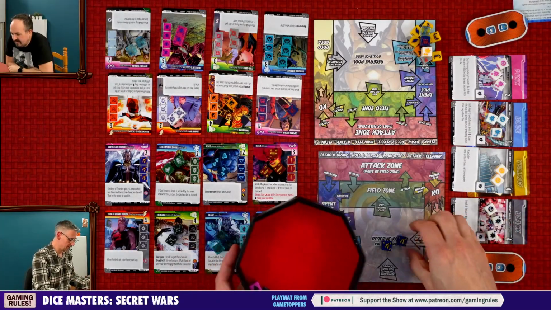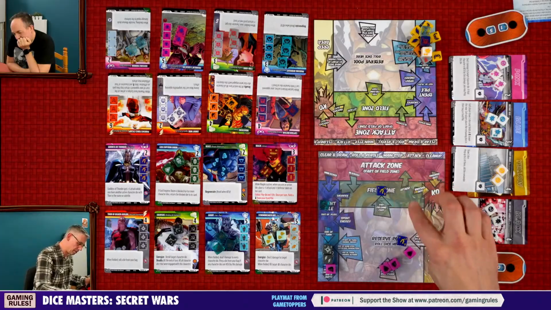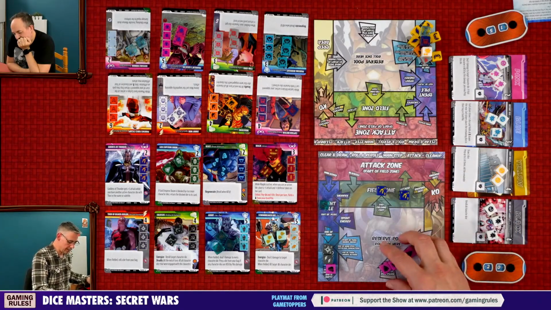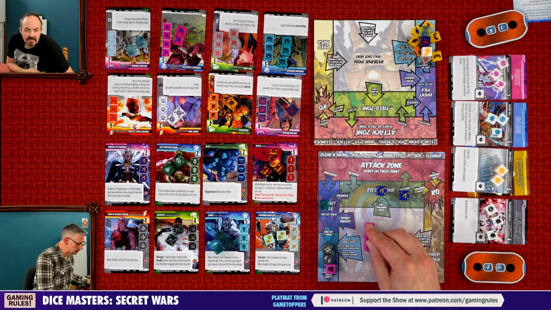Oh, it's the big one. Right, so I am going to spend 2 energy to field both of those. And then I've got 3 energy. Let's buy...